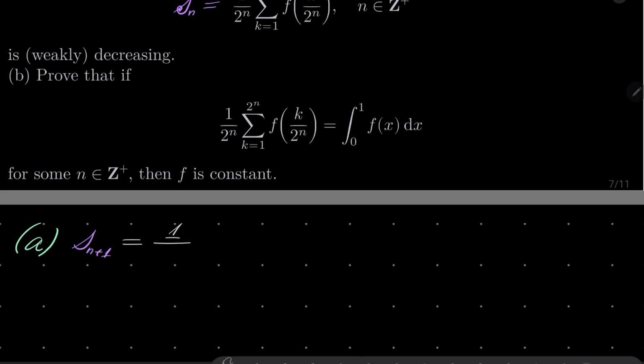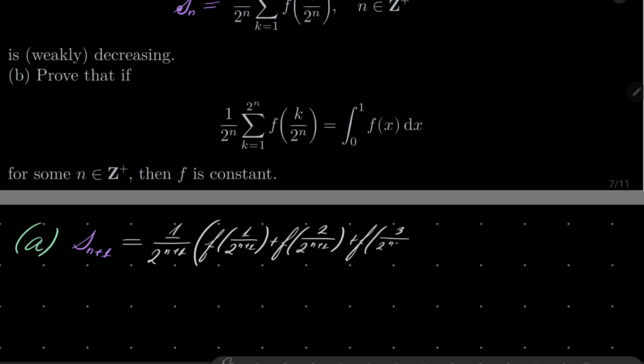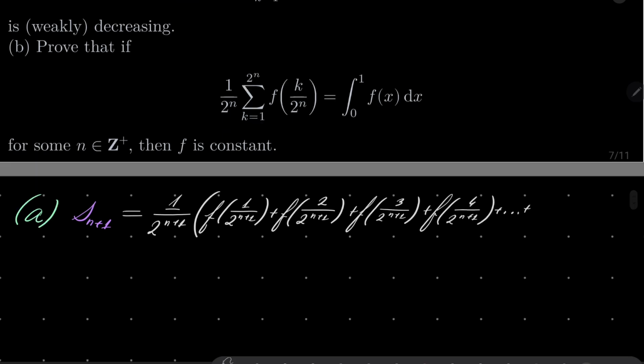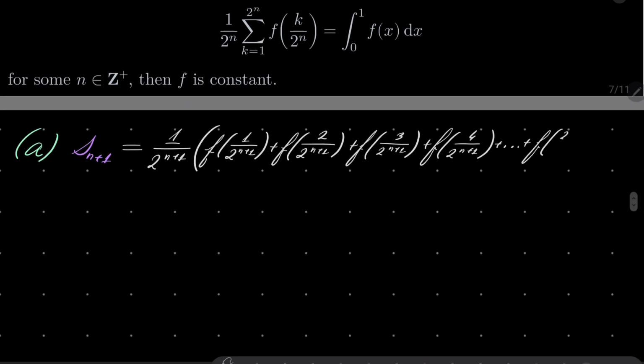So it's 1 over 2 to the power n plus 1, and here we have f of 1 over 2 to the power n plus 1 plus f of 2 over 2 to the power n plus 1 plus f of 3 over 2 to the power n plus 1. I will write one more. Ellipsis. In the end, we'll have 2 to the power n plus 1 minus 1, over 2 to the power n plus 1, plus